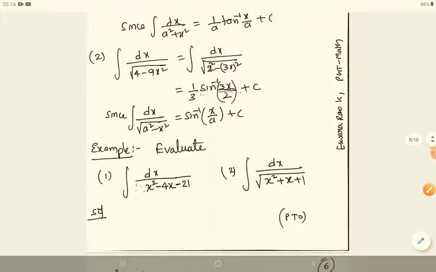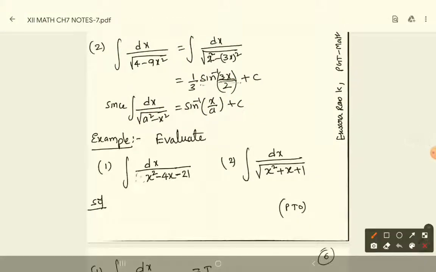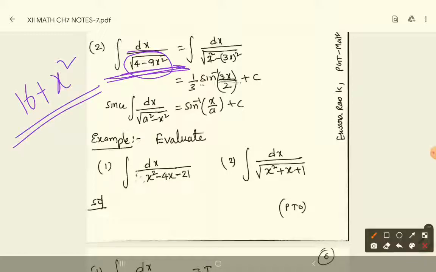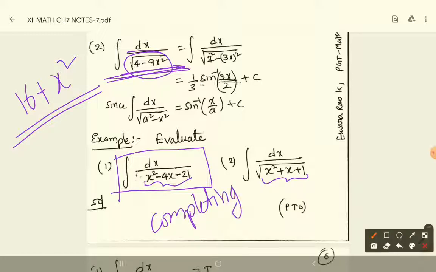Okay, next, this is very important, second model. See, if you see the first model, the denominator is a pure quadratic, there are no x coefficients, like 4 minus 9x square, 16 plus x square, only pure quadratics. If you see this kind of thing, this time you should use a method which you have done in 10th standard, that is completing square method for a quadratic expression. What is the completing square method? Everyone should know how to convert a quadratic expression into completing square.